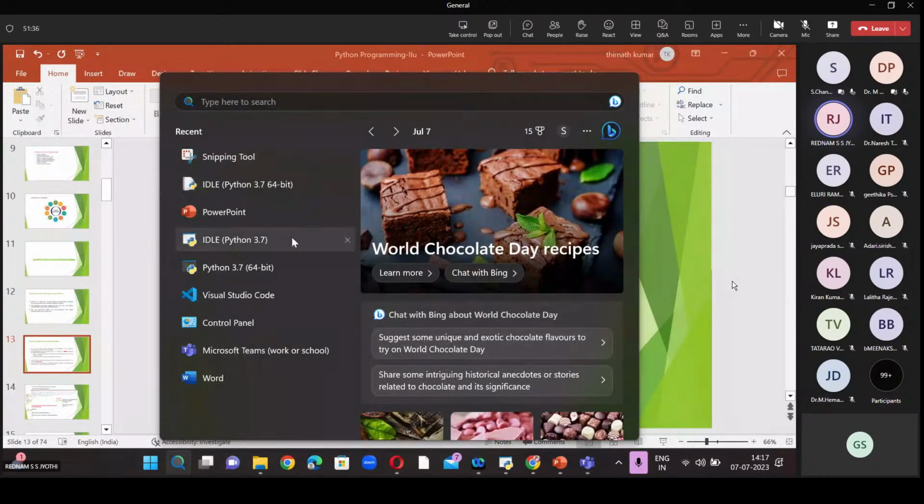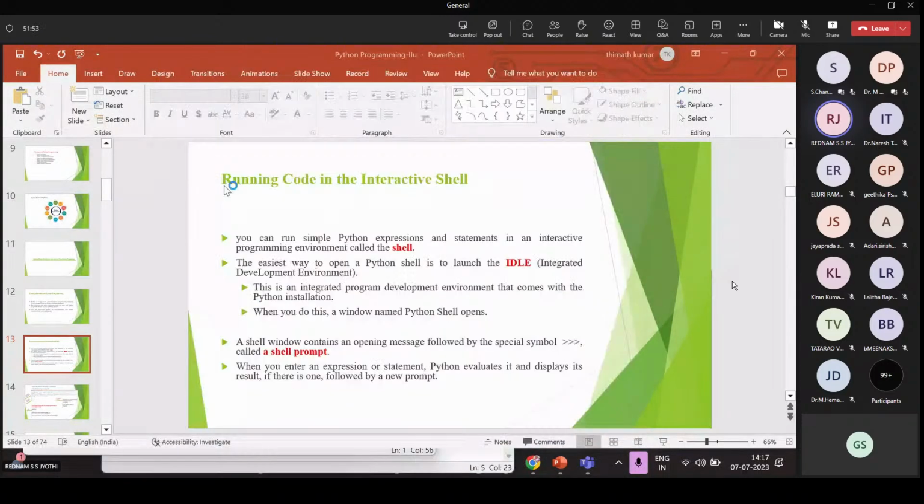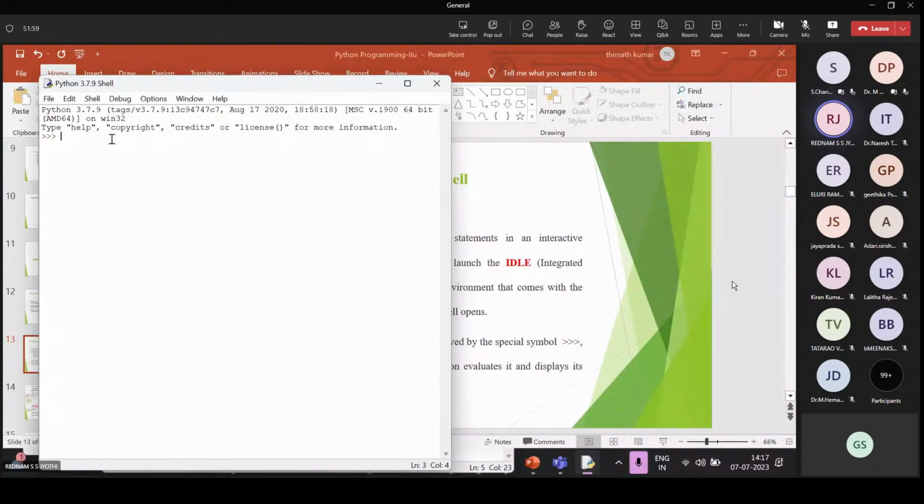In my computer, I have Python 3.7 64-bit installed. This is the integrated development environment in which we write all programs. There are also different ways of executing a Python program. This is the Python command prompt, the Python 3.7 shell.